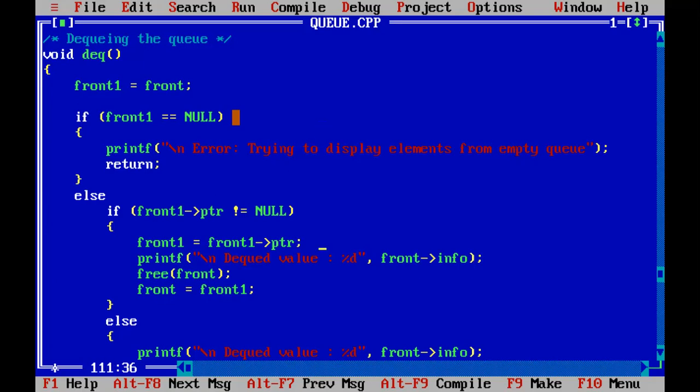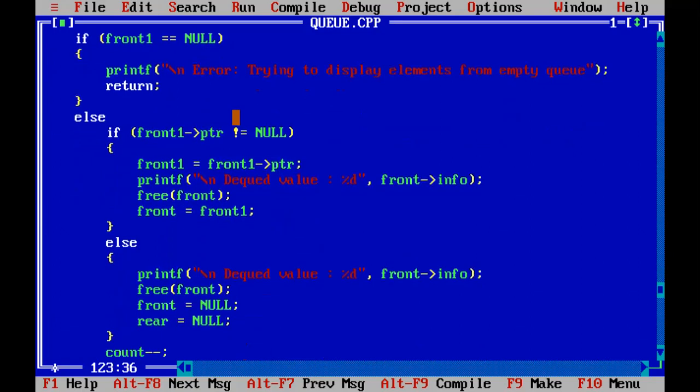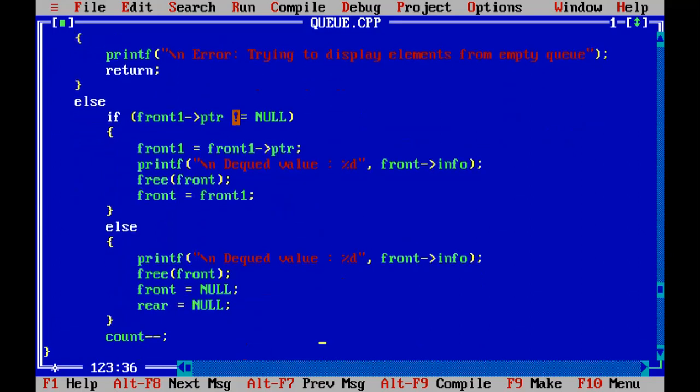Else, if this case does not happen, that means the elements are present in the queue, then the front element will be deleted. So how will you notify the front element? If front one pointer is not equal to null, that means if the new element's pointer is not equal to null, till this phase we have to copy the next pointer of front one, that is the new front element, into front one.